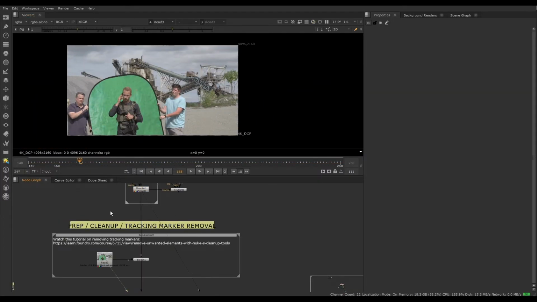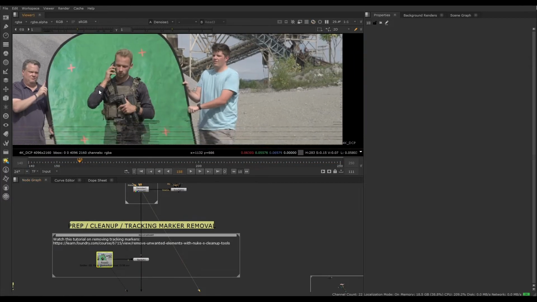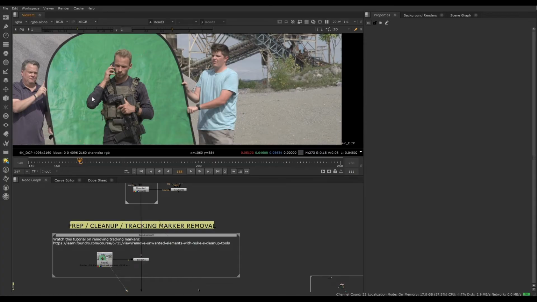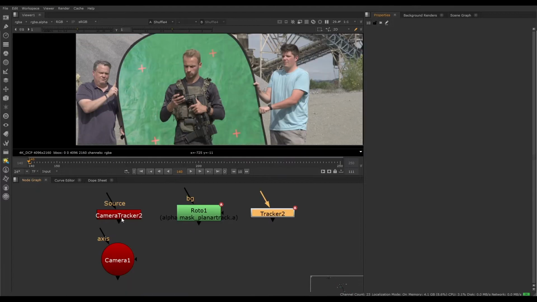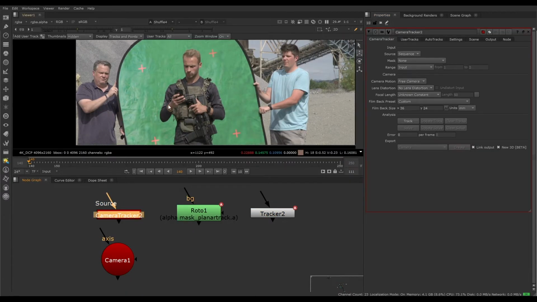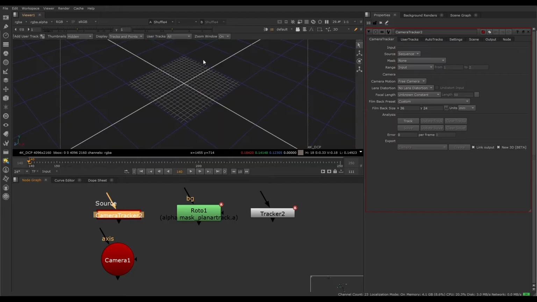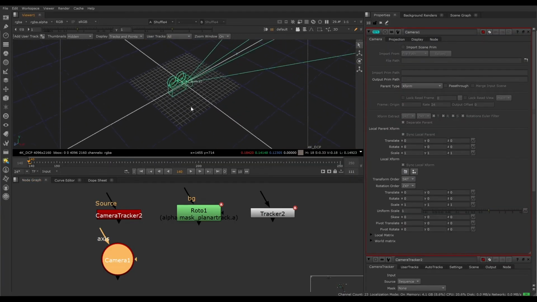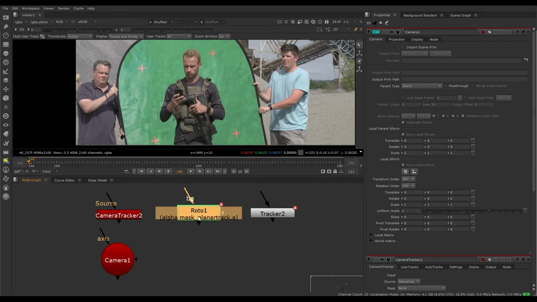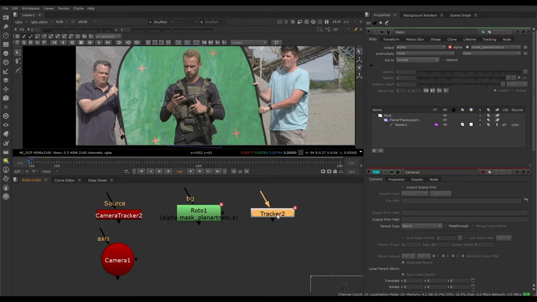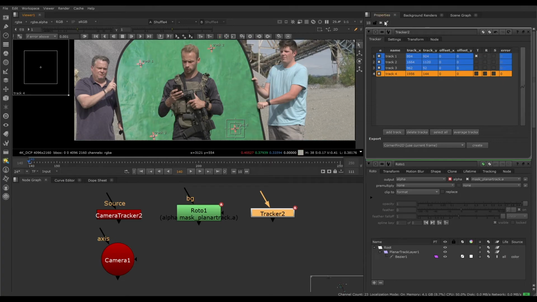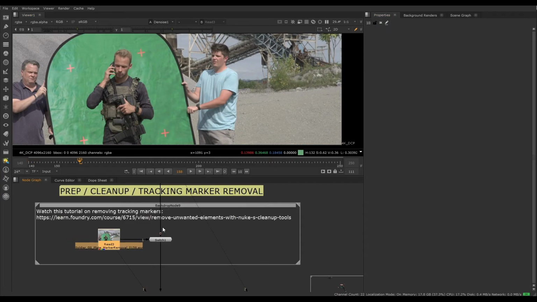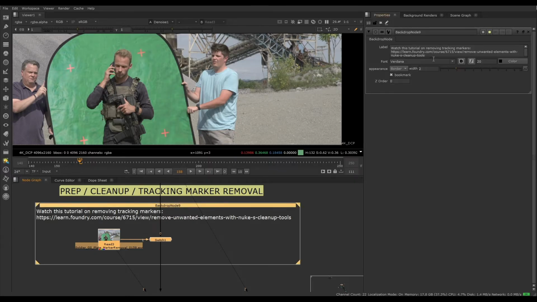Another thing we do is remove tracking markers or any unwanted elements from the footage. Tracking markers are used to match the movement of elements in a shot when adding new elements. This can be achieved through camera tracking, creating a digital camera that replicates the on-set camera movement, or using 2D tracking methods like planar tracker or point tracker, among others. So that's why tracking markers are there, but we obviously don't want the tracking markers to interfere with our keying, so we'll remove them in prep.